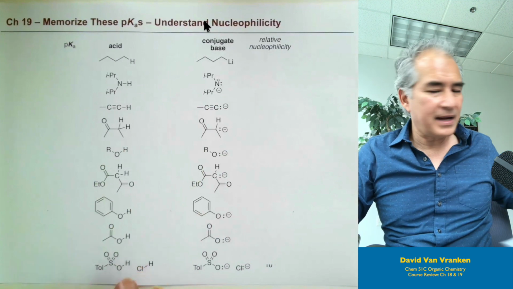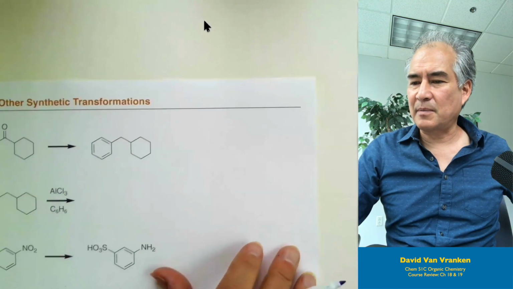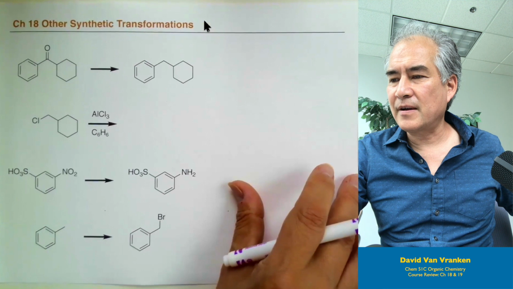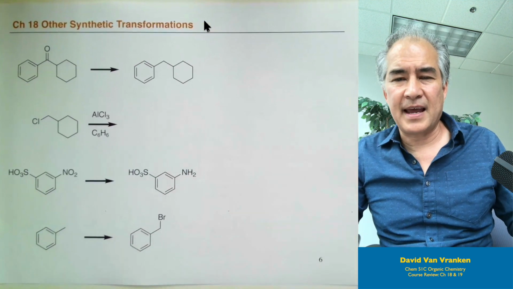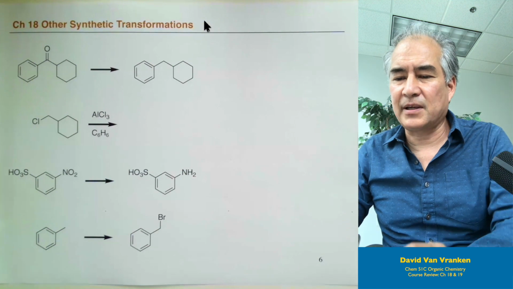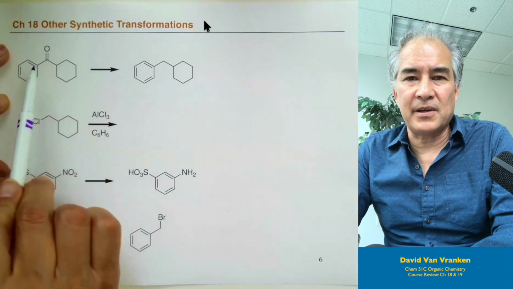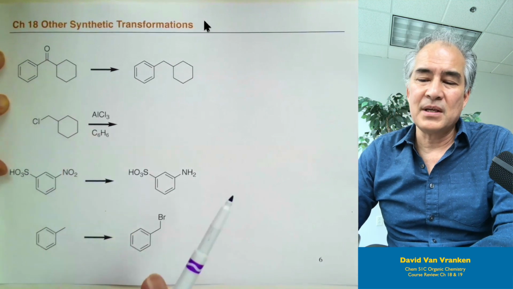And I think before I cover that, you know what, let me stop. Let me stop and talk about some other synthetic transformations of aromatic compounds before I get to that. Sorry for that. So let's talk about some other synthetic transformations that they had in this chapter on electrophilic aromatic substitution. So after you do electrophilic aromatic substitution to make ketones or to make alkyl groups, there's other things you